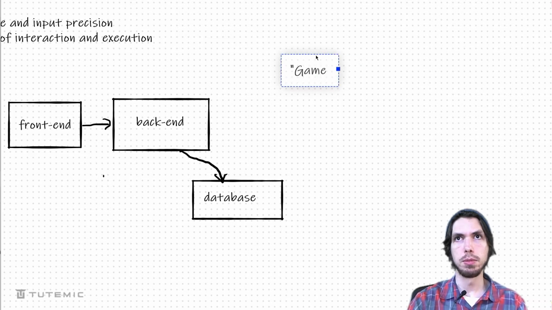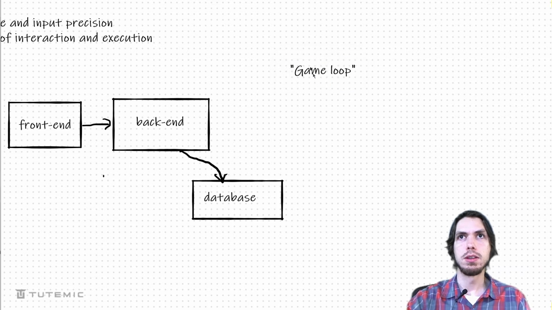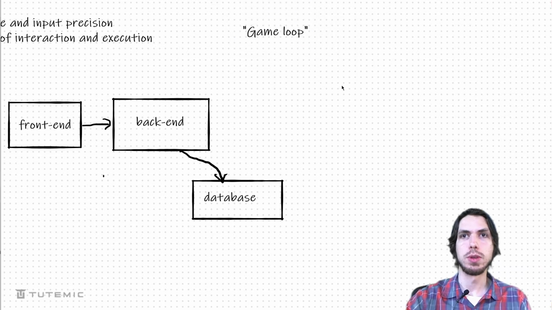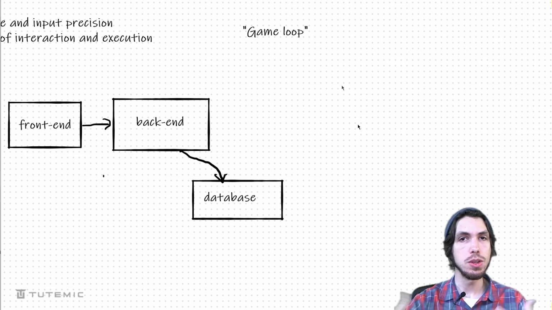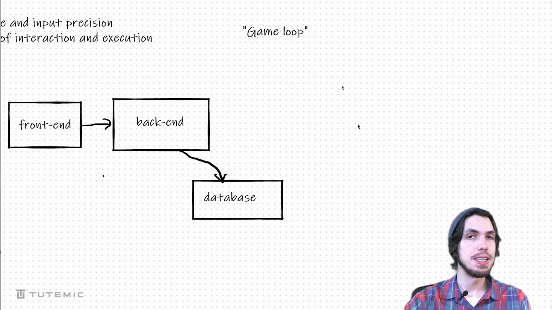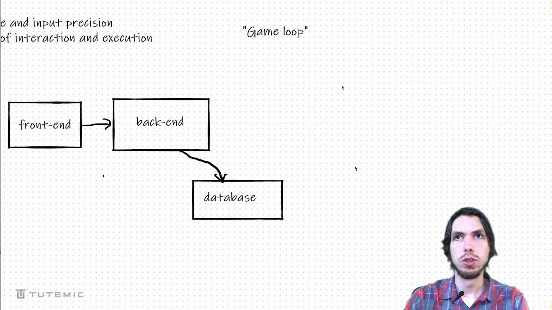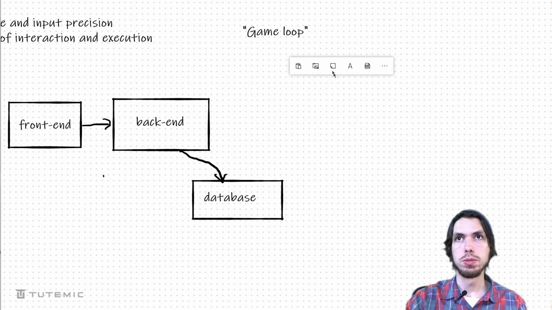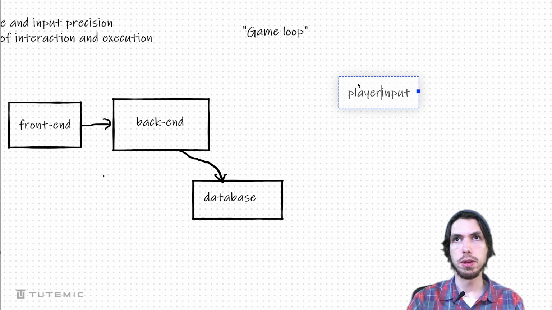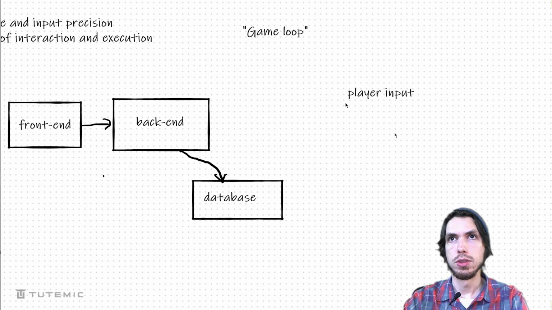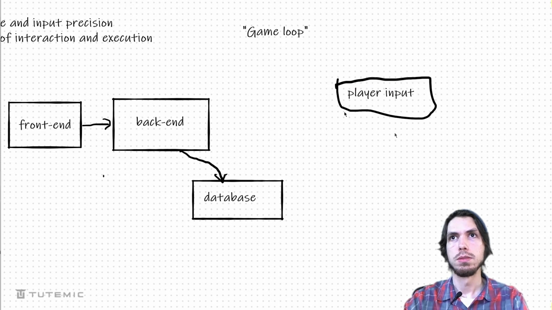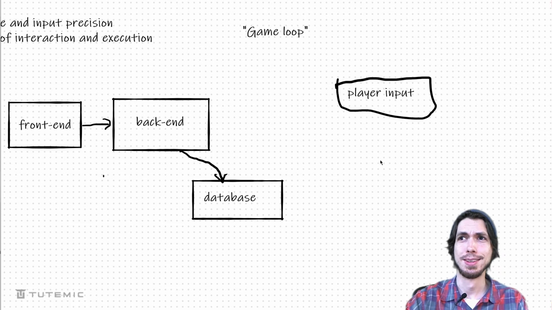Okay, so there's the game loop. And this isn't talking about game design like core loops or anything like that. The game loop is where the game state is continuously being updated every tick, so often every 60th of a second, right? And so it goes through this loop that would typically be called the game loop, where let's say the game is waiting for player input, right? So there's player input. And I'll just draw a box around it because we like our boxes. Beautiful box. We're going to go with that box.